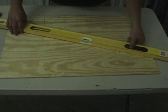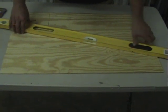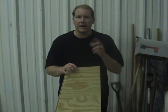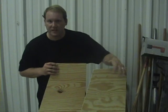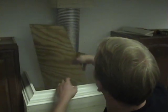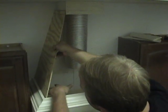At this point, I'm going to connect the dots for my 2 intersecting points that I've made, and this will help us create the angle for our side piece. I've used those lines I've drawn, and I've cut 2 identical pieces, 1 for each side. The side pieces we cut are going to fit in here. They'll overlap on the outside of our upper frame, and they're going to inset on the inside of our crown